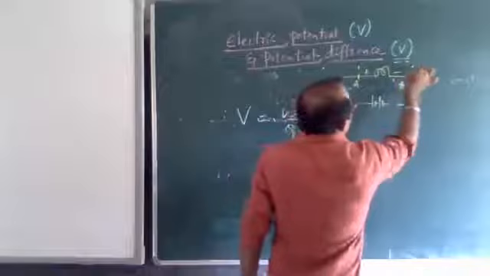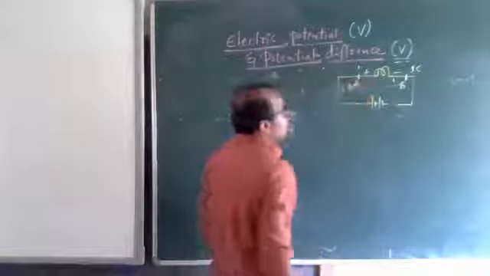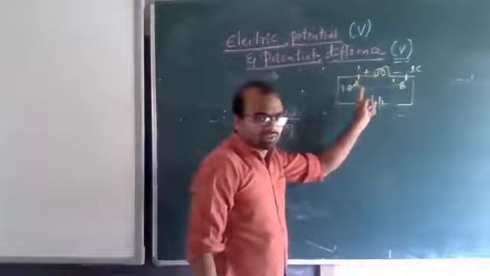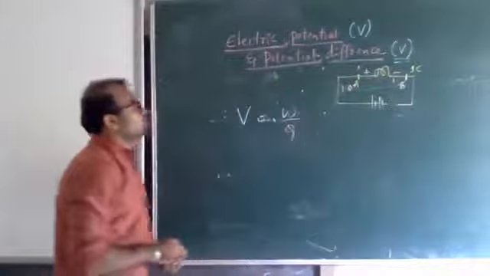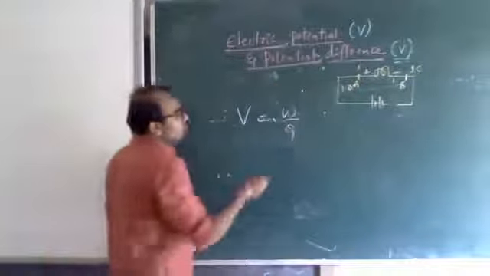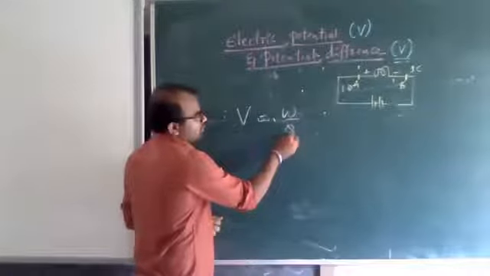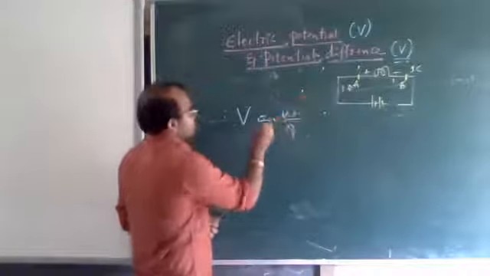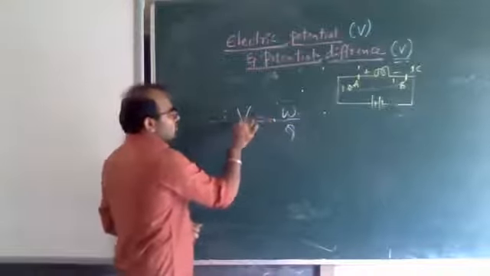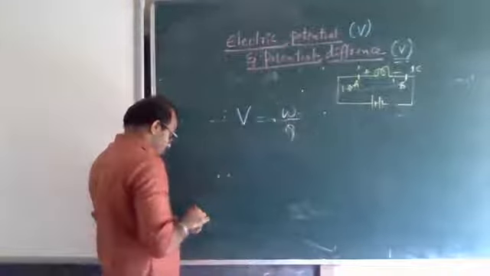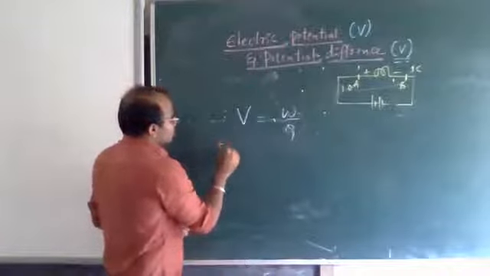If I put 1 coulomb of charge, then I am doing some work, right? So what is V equal to W by Q? Listen, if 1 coulomb of charge, that is 1 coulomb of charge. So what is 1 volt of potential difference? So the potential difference